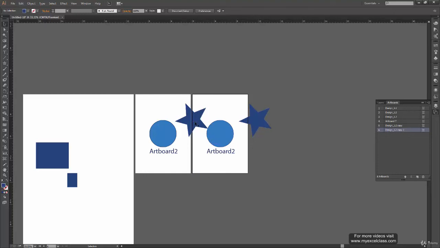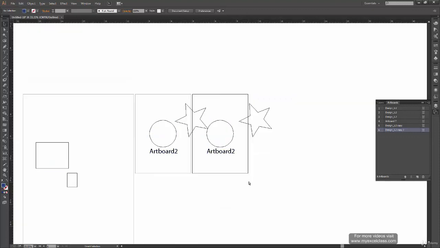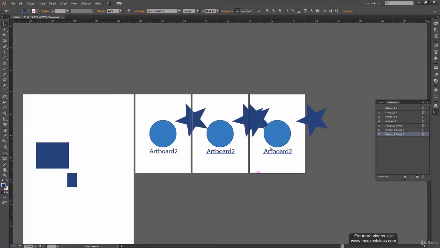So it copied the left star as well. It copied the right star. So press Control Shift Z, and you can see over here that it copied all the shapes which are on this artboard. Even if there is a shape spreading across two artboards, it depends which artboard you copy, and the shape will get copied along with that artboard.